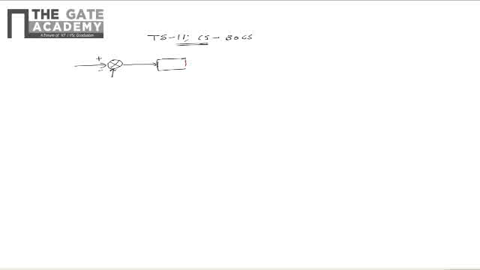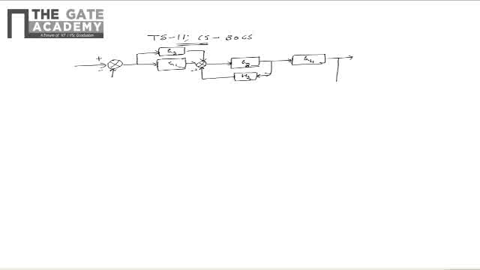There are two blocks of transfer functions G1 and G2 connected in parallel. They feed a summer as shown in the figure. The summer has contribution from the unity negative feedback path, through a negative feedback path of transfer function H2, and the same has the feedback transfer function as H2. This is G3, and there is another block of gain G4 or transfer function G4, and the overall feedback path